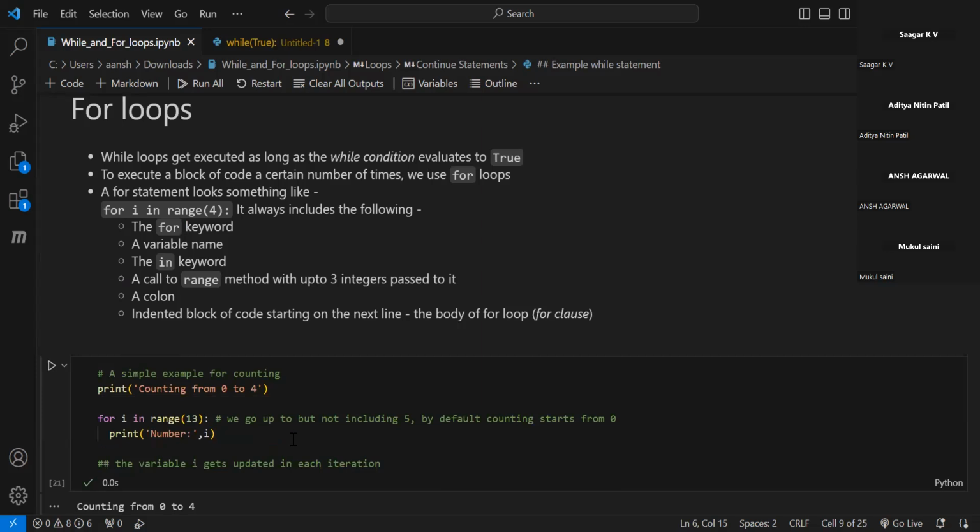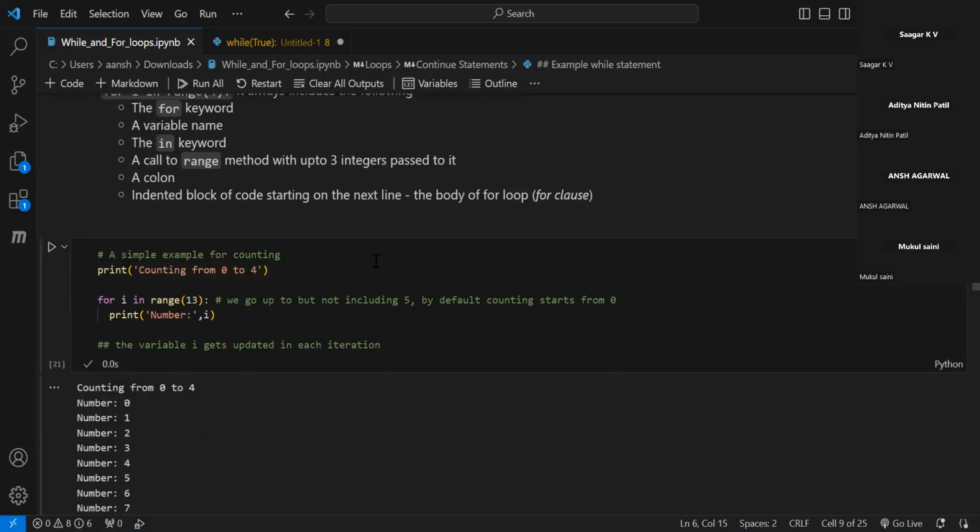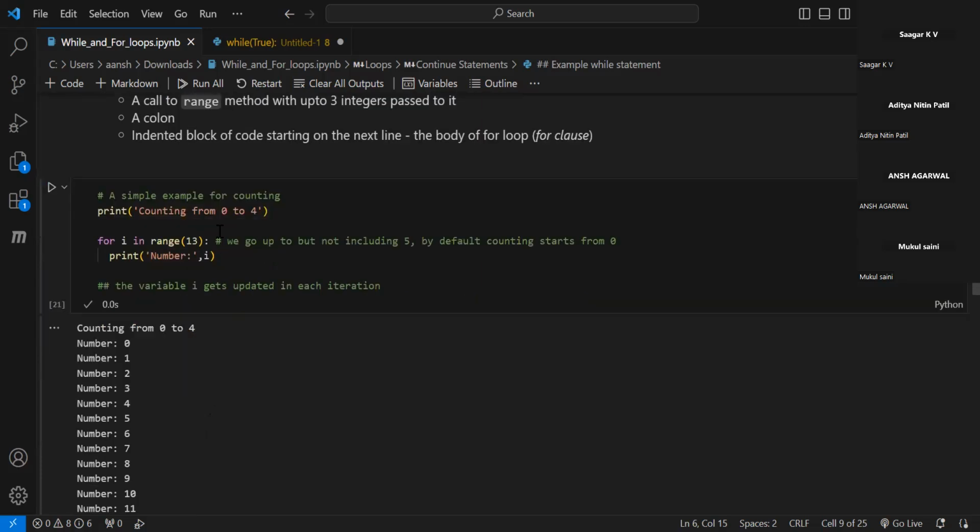ठीक है, लाइक यहाँ प्रिंटिंग 0 to 4 काउंटिंग करना, ठीक है। तो आई इन रेंज 0 to 13, सो मतलब 0 से 13 तक हुआ तब ये लूप चलेगा, जैसे 13 से बड़ा हुआ तो ये लूप अपने आप एंड हो जाएगा, उसमें कंडीशन की जरूरत नहीं है। So, यहाँ देख सकते हो जैसे आई, और इसमें जो लास्ट एलिमेंट 13 इंक्लूड नहीं होता है, वो 0 से 12 तक ही होगा। तो इस तरह फॉर लूप काम करता है, इसमें कंडीशन नहीं है, इसमें रेंज है, इस रेंज में हुआ तो चलेगा नहीं तो नहीं चलेगा।